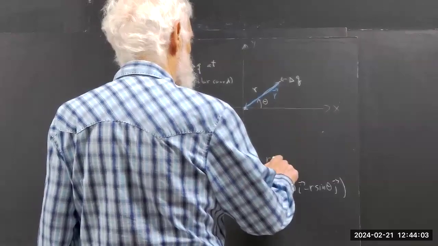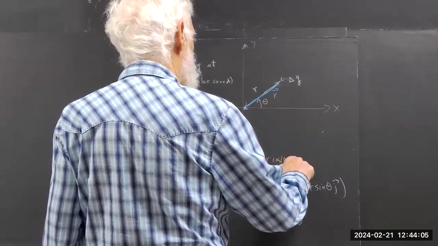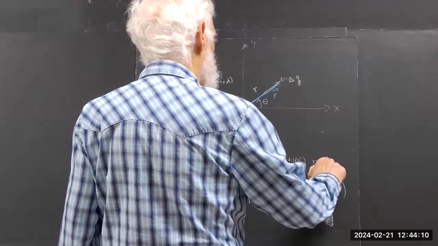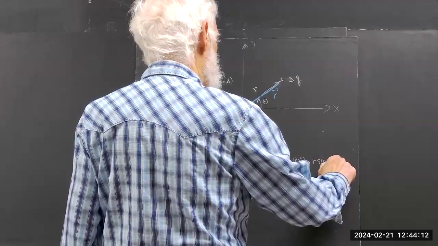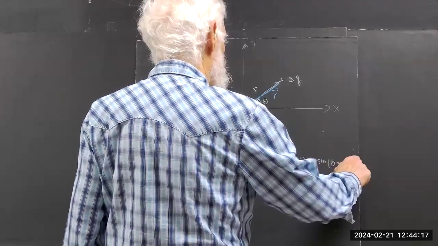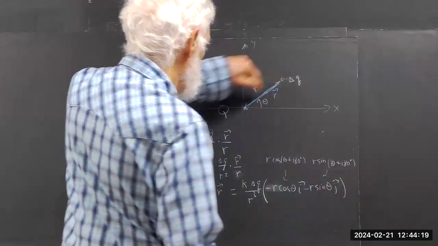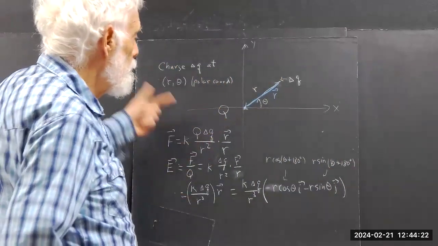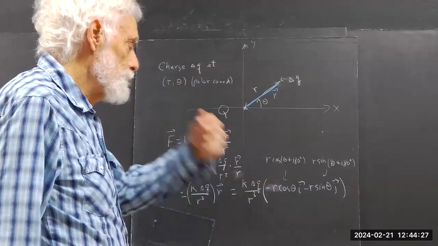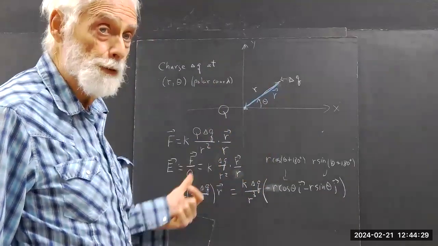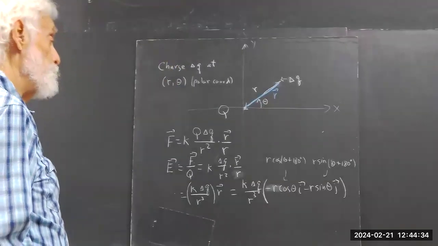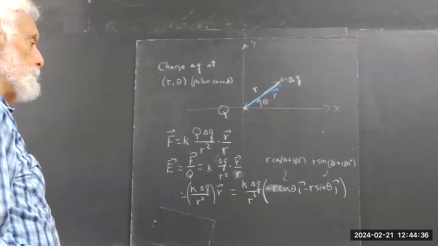So we could say this is R cosine and this is R sine, both of theta plus 180 degrees. You look at the direction of R. The direction of R with the pole is theta plus 180 degrees, and that's the negative. It's just the vector directly opposite. So there are all kinds of ways you can write that down, so you want to be aware of that. Okay, well,